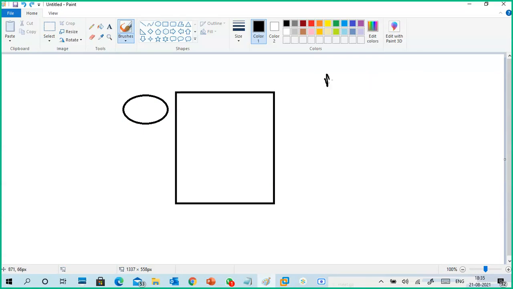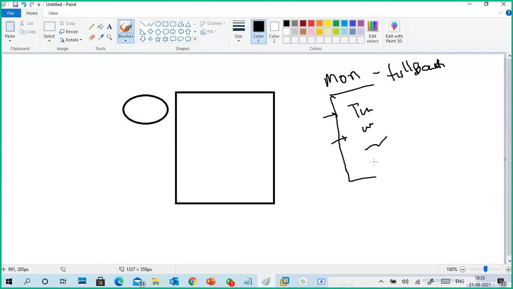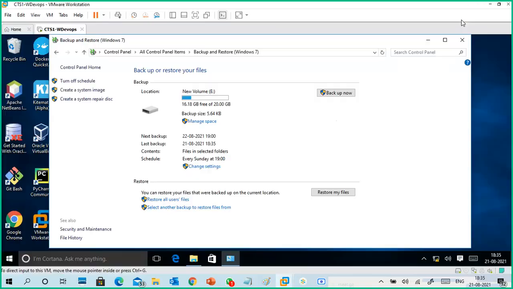I will schedule every Monday to take a full backup, and for the remaining days I will take an incremental backup, like Tuesday, Wednesday, Thursday. Then what happens? You will get a full backup as well as incremental backups, so daily also you don't miss anything, instead of taking only weekly or only daily.